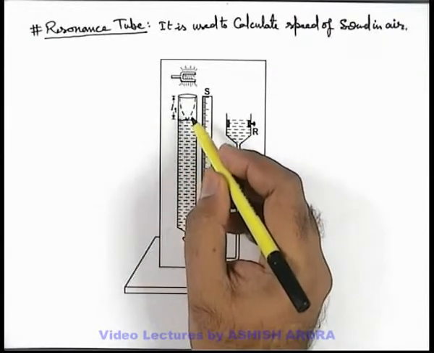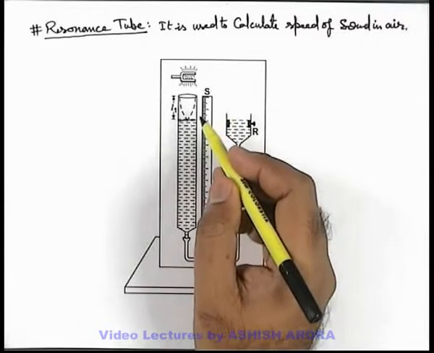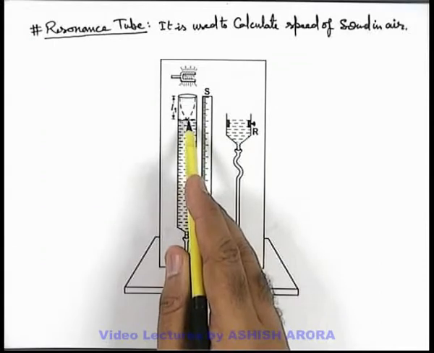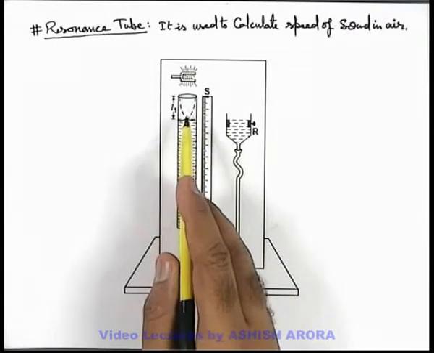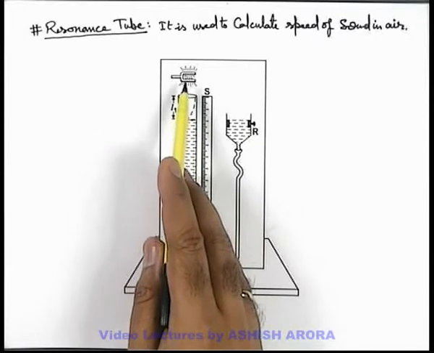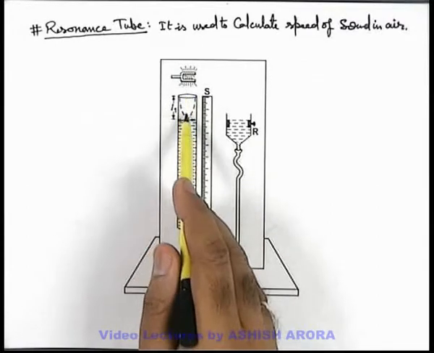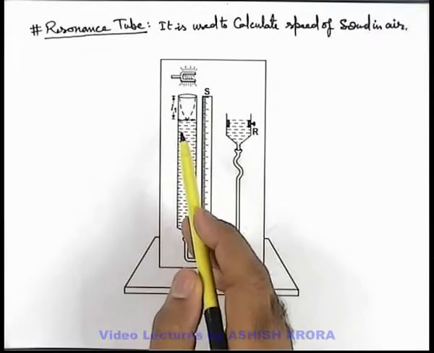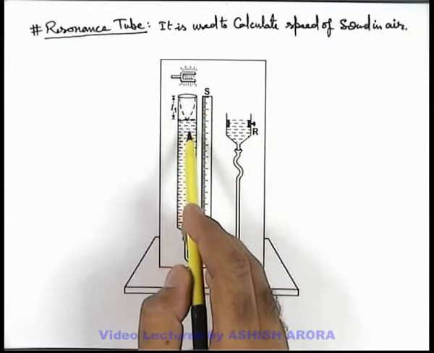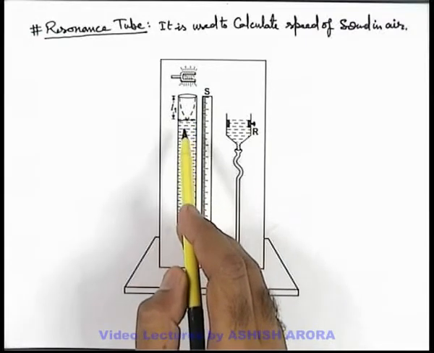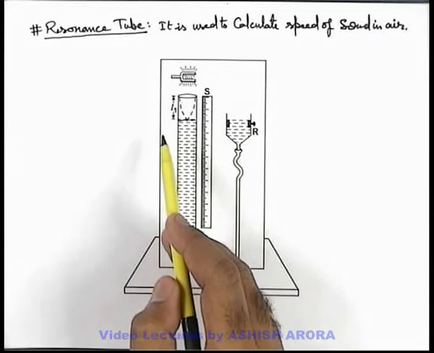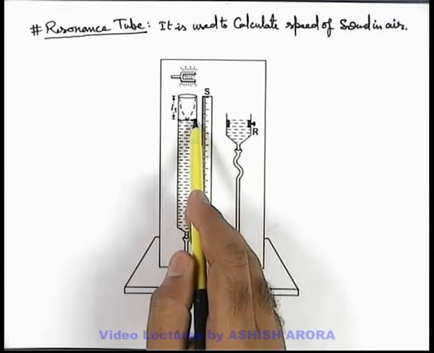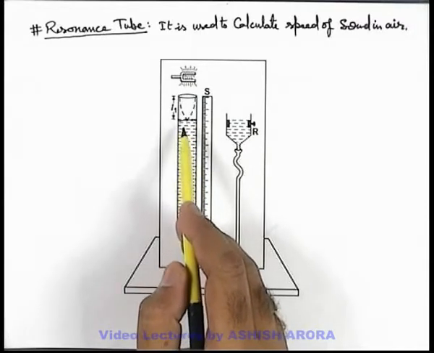And this we can detect by increase in sound loudness, because once stationary waves are established in the tube, the amplitudes of oscillation will start increasing, because the oscillation energy which is supplied by the tuning fork will be stored in the air particles producing stationary waves. So, whenever we lower down the level, as soon as we detect a continuous increase in loudness of the sound from the air column, we can just consider it a point of resonance.